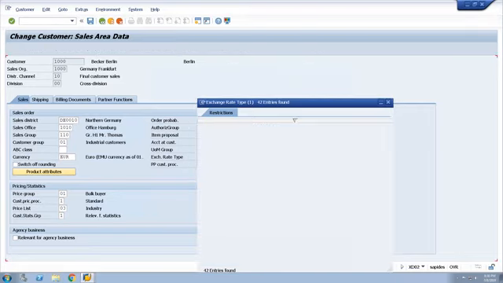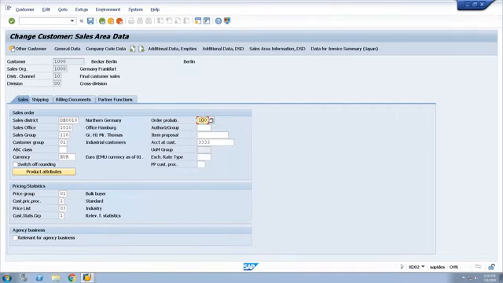So the next is order probability. Probability means chances, right? What are the chances this customer will stick to the orders whatever he places, without canceling the orders, without changing the quantities? So why is it 100% now? Because this is a new customer we are creating. There is no history of this customer, so it is showing 100%. But later, after one year, we review this customer and we might change this. So order probability will tell what are the chances that the customer will stick to the orders he places.